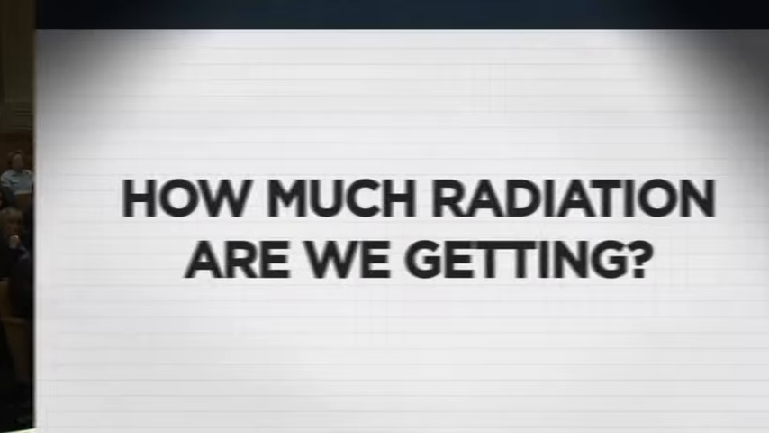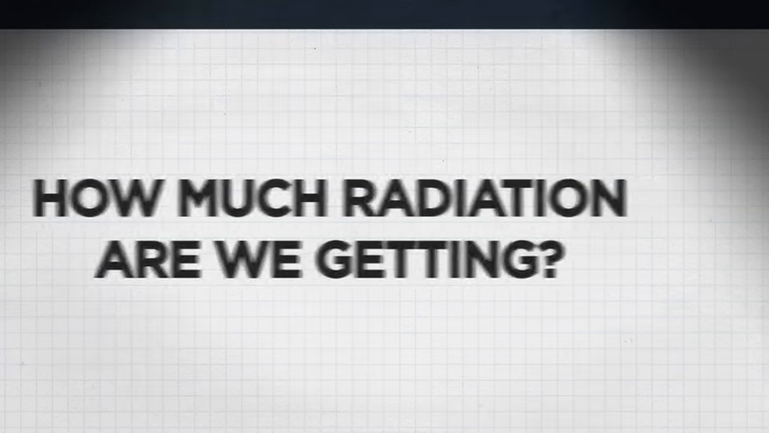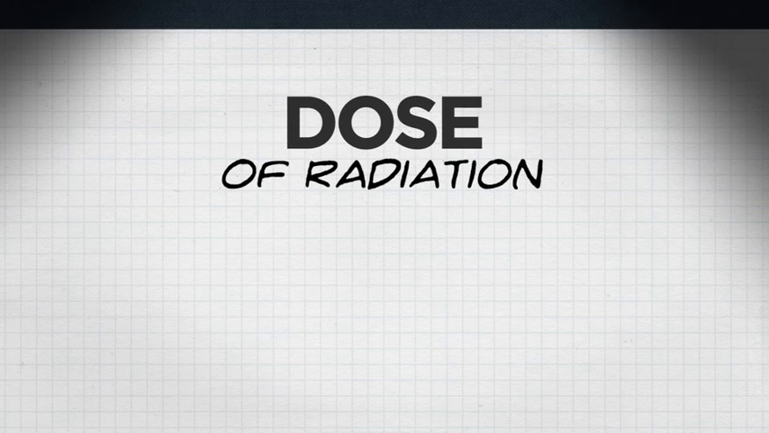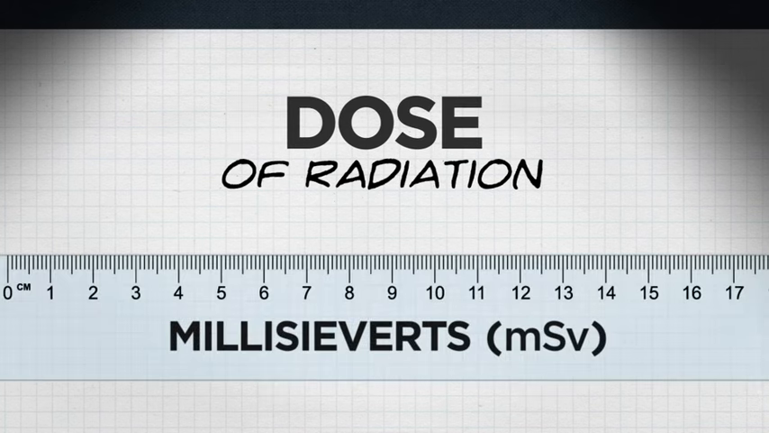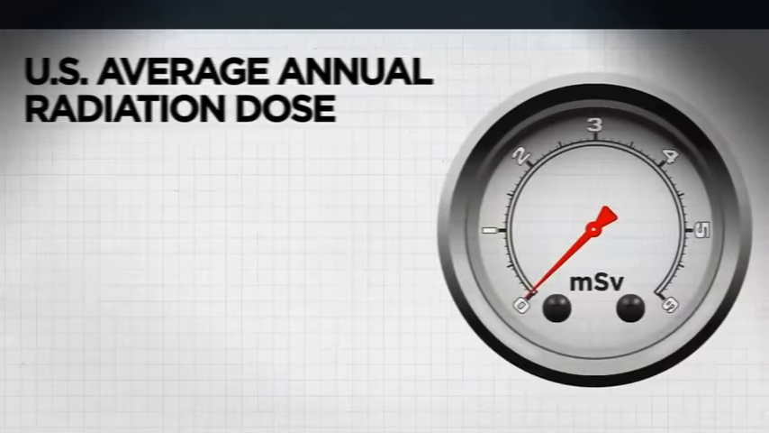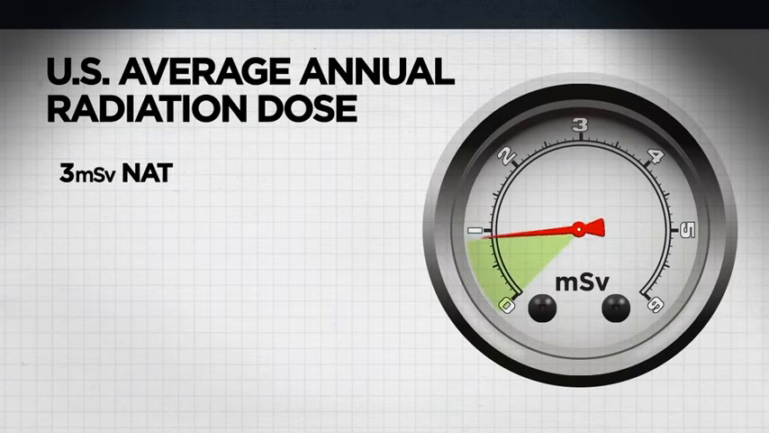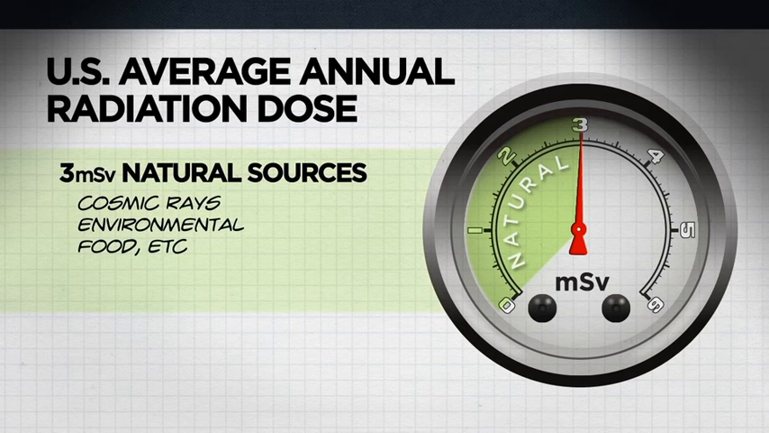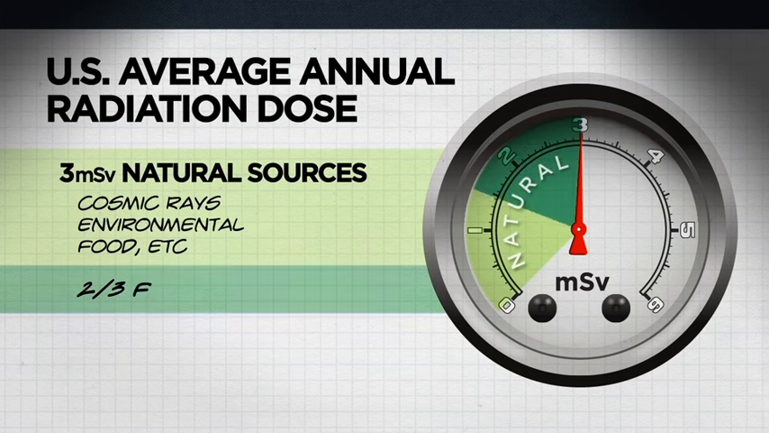So now we're talking about lots of stuff, lots of radioactive material, lots of radiation coming from everywhere. So the question, how much are we getting from all of these sources? What we call the amount of radiation is the dose. And we measure it in units of millisieverts. In the United States, an average person receives 3 millisieverts of radiation from natural sources, from the cosmic rays, the ground, the food, and everything. 3 millisieverts. Of that 3 millisieverts, 2/3 of it, on average,